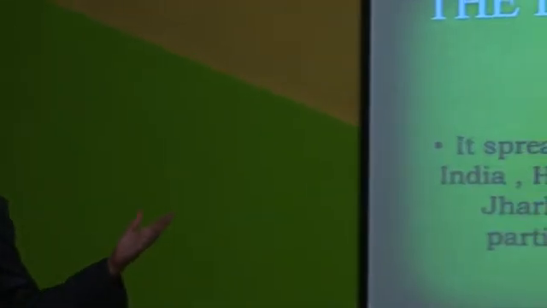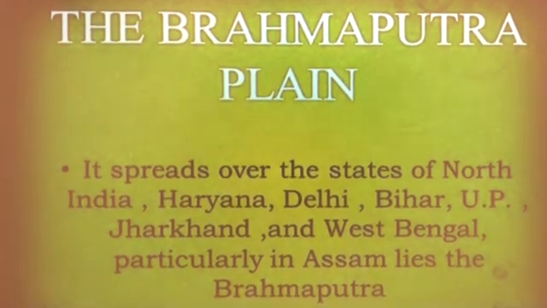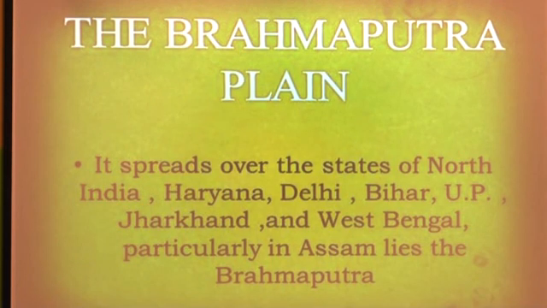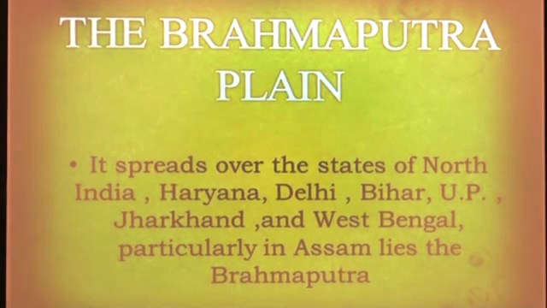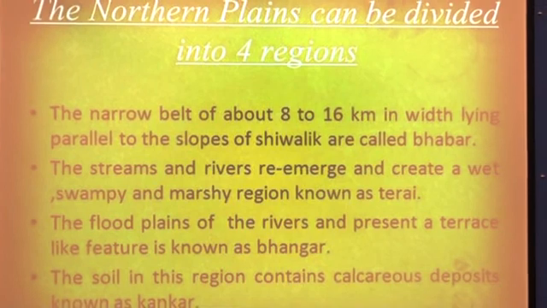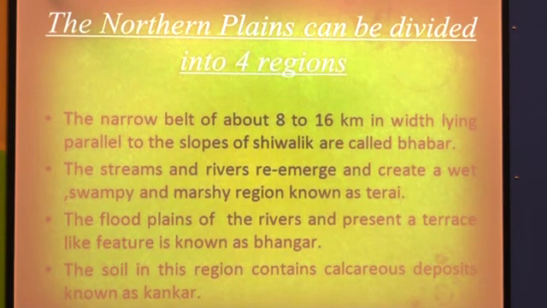So students, next we are going to study the third plain. This is the Brahmaputra plain. It is formed by the Brahmaputra river and its tributaries in the eastern part of India. The Brahmaputra, with its origin near Assam, flows through Assam, Arunachal Pradesh, and some part of West Bengal, and due to that the Brahmaputra is a very important river in the eastern part. See here, these plains are divided into 4 regions on the basis of longitudinal division.